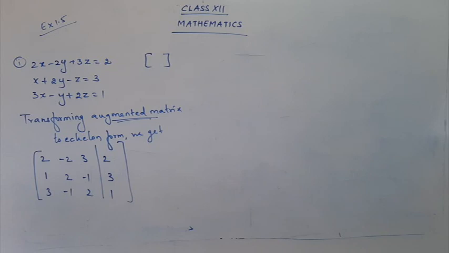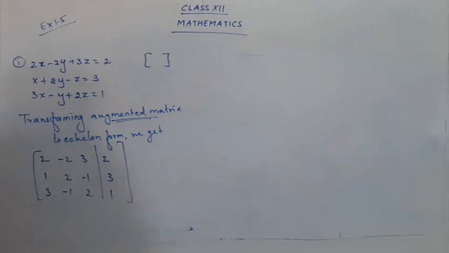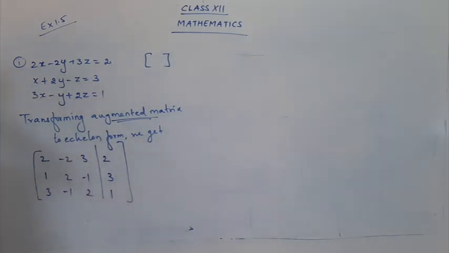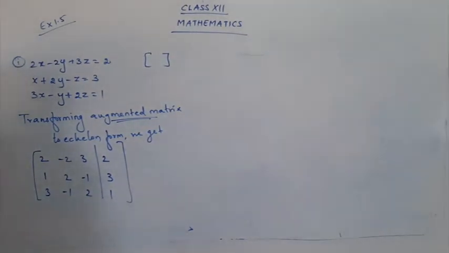Now let's go for the transformation, that is, we are going to change this into echelon form. So let's see what to do. We have 3 rows here, 1, 2, 3. Always try to keep the first element as 1. Here I could divide by 2, but the easier way is that 1 is already present. We have already studied the rules for elementary row transformations: any rows can be interchanged, or columns can be interchanged. So I want a row with the first element as 1.